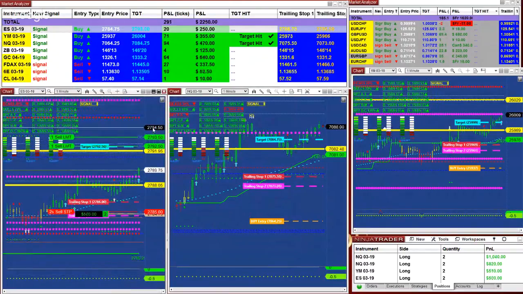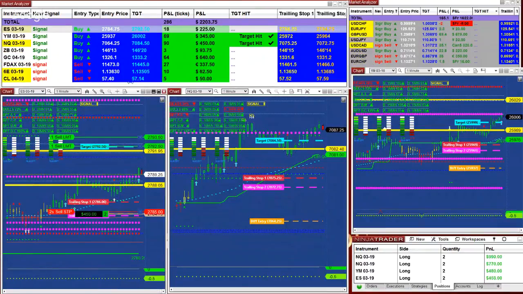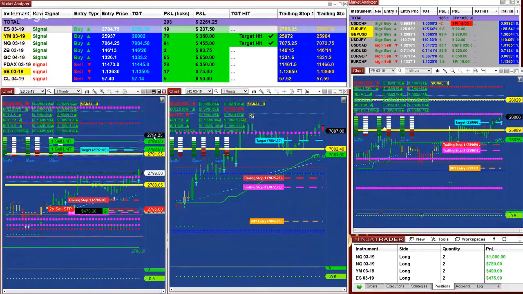As you notice right now, the system on the market analyzer is staying consistent on the entry and the target. But the chart,